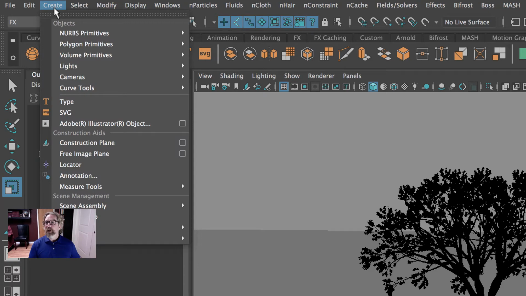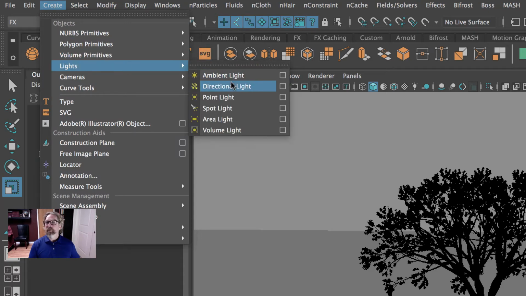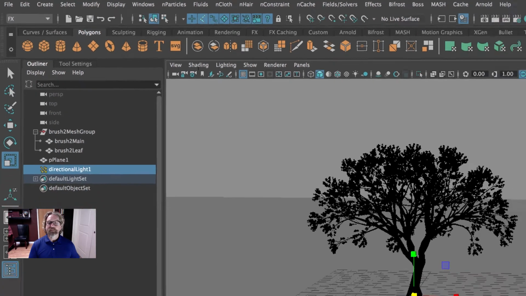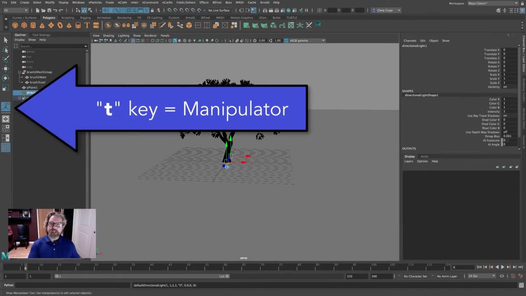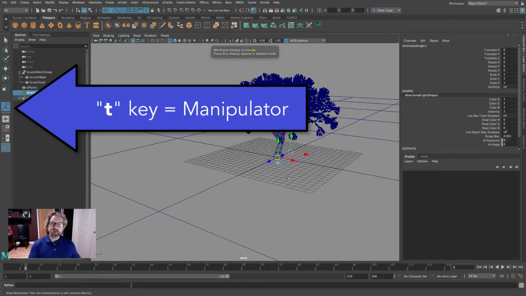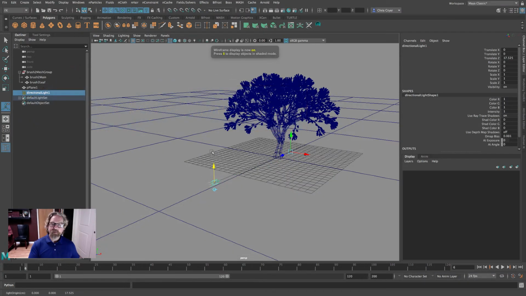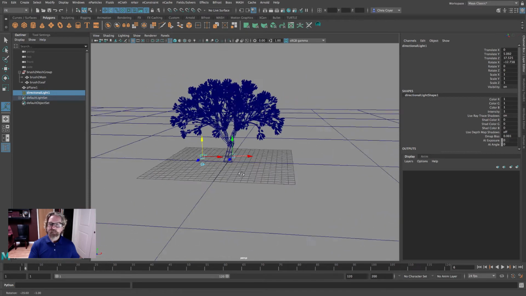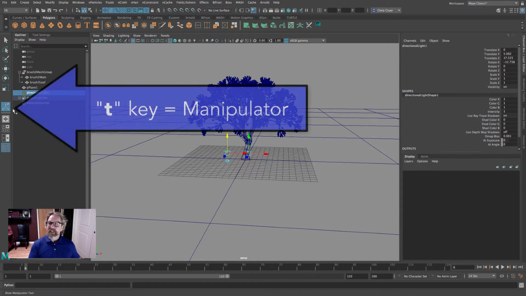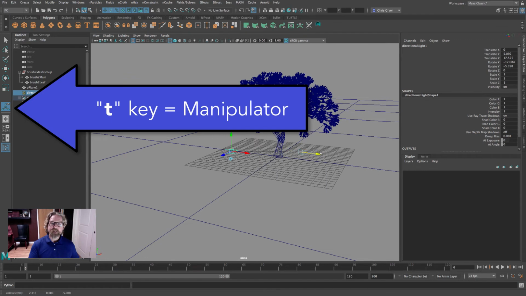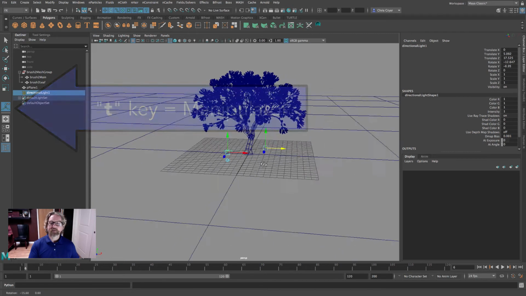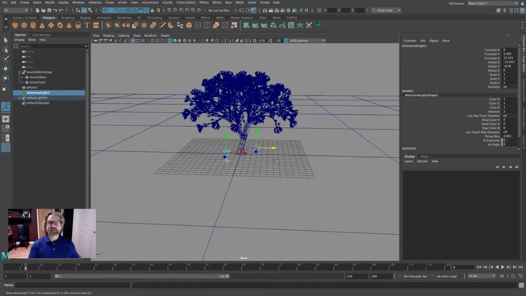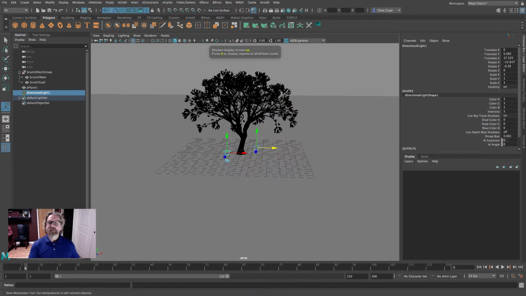So we're going to create a directional light. I can hit the T key, right? And let's hit the 4 key so we can see a little bit better. There is my directional light. The T key gave me the manipulator, which gives me the aim and the light itself. T key for manipulator. I'm going to go back to the 5 shaded,